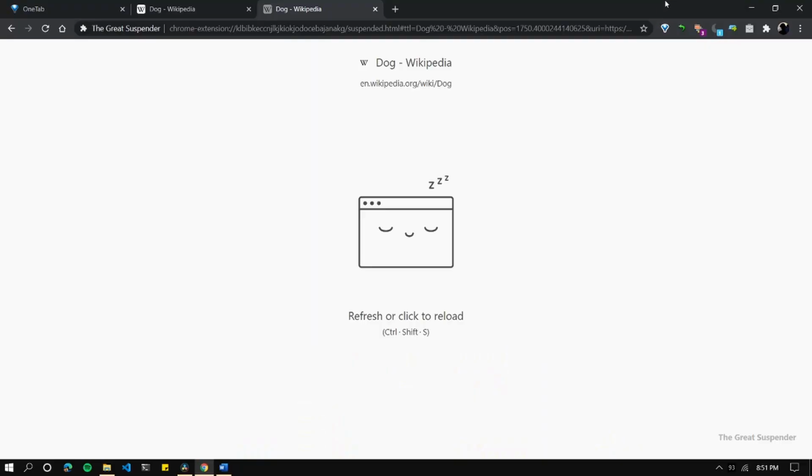At last, the Great Suspender. Suspending is different from closing the tab, but it is way more efficient and easy to organize. Instead of closing the whole tab, it reduces the memory and CPU usage of Chrome by letting the tab be in sleep mode. It automatically suspends the tab after some time, and when you open back the tab, you have to reload it or click the icon.